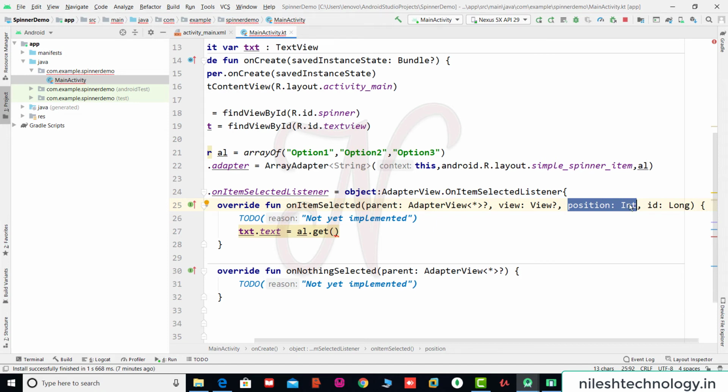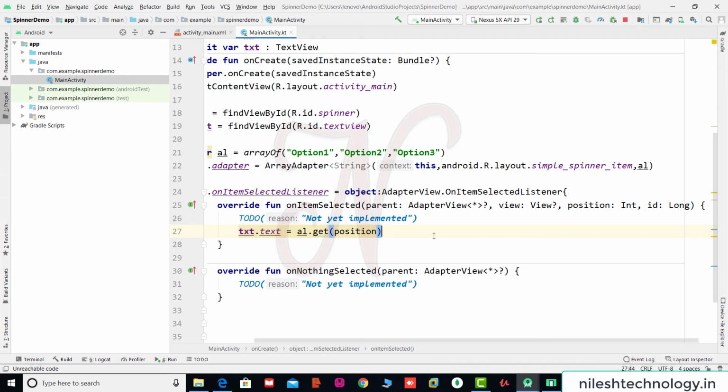If you select the first item, then automatically 0 is stored in this position variable. So use this variable here, get the position. If your item is selected, then that position goes to this variable, and by using this position we get the value of the array and set it to this text view.